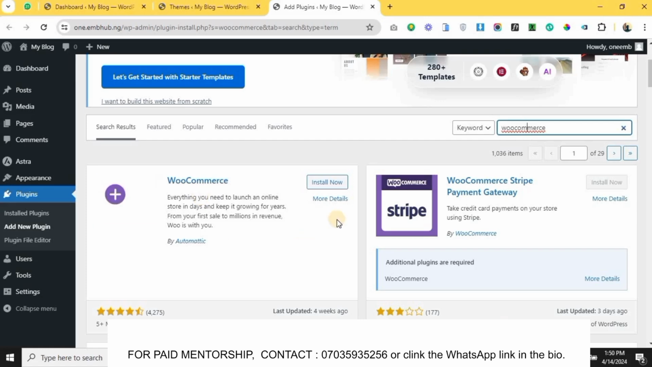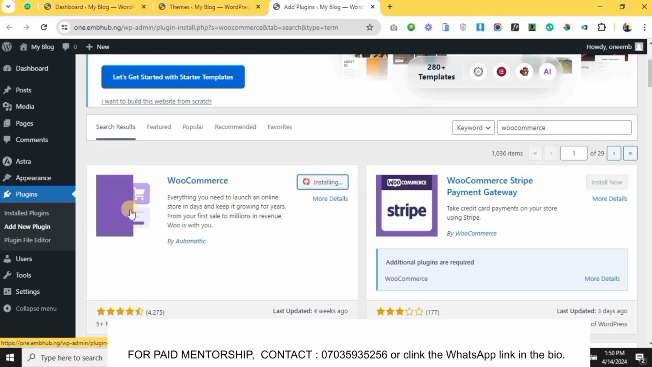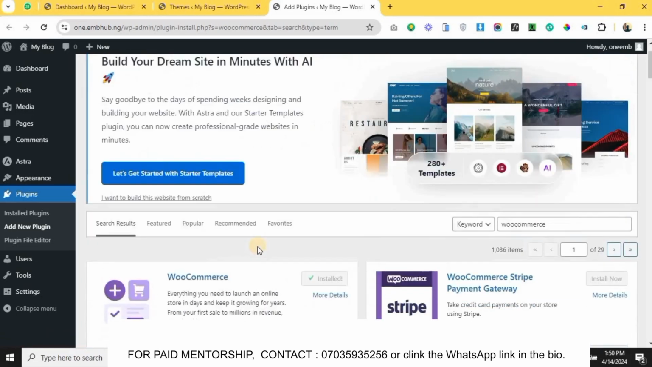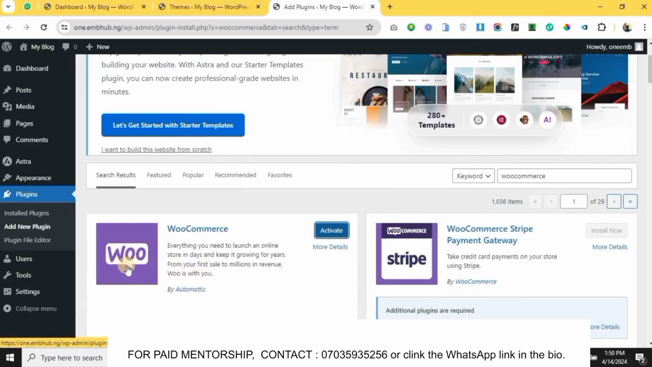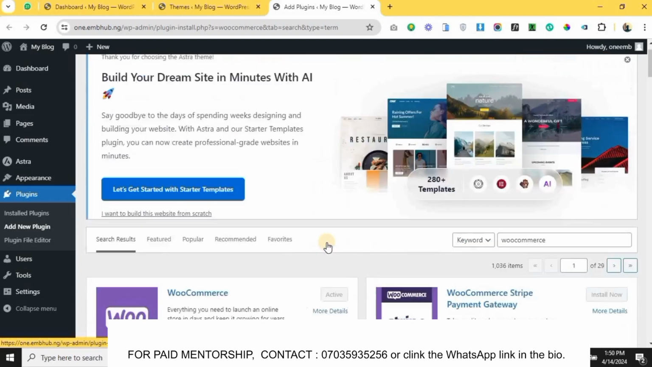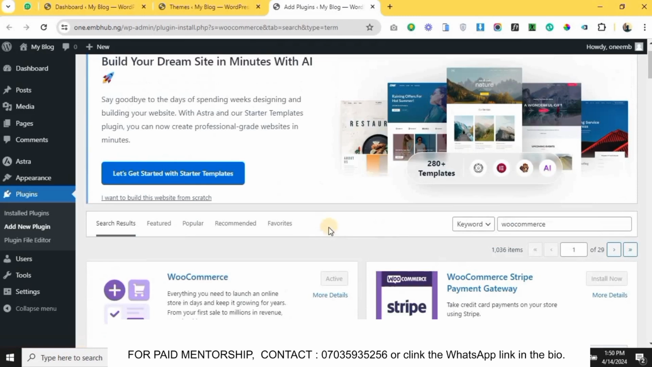So I will just proceed to click on Install now. Be careful, this is the only WooCommerce plugin you need. There are several others, but this is the one you should install. Then I'm going to click on Activate. So this is active already. There's still one more plugin, which is the online payment gateway, which I said you